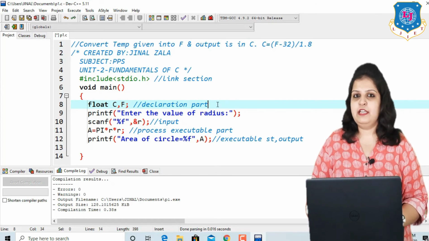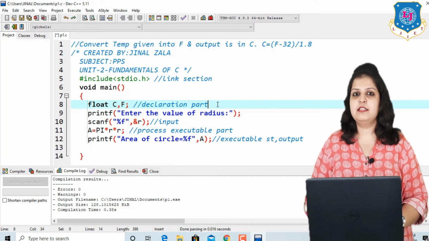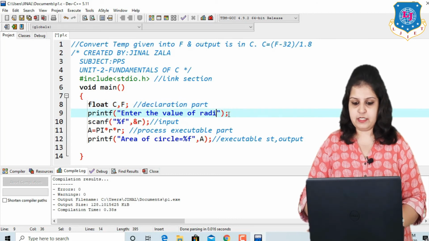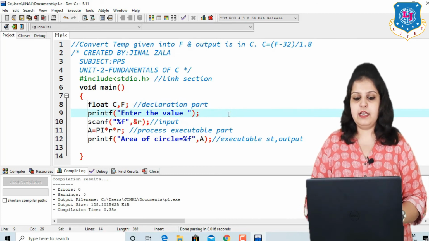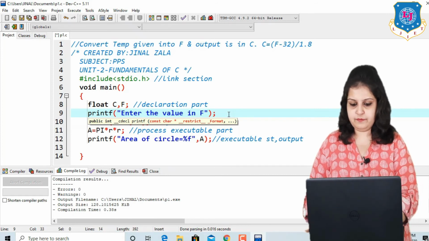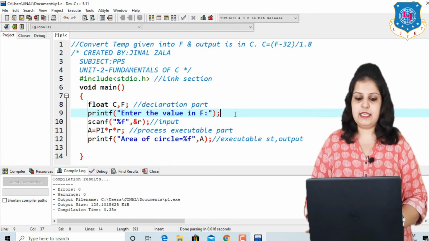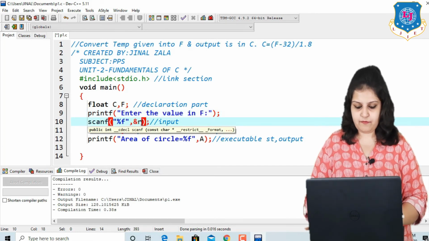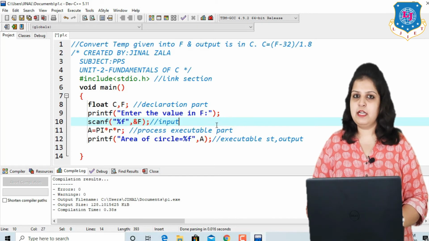Now what is our input? Our input is Fahrenheit, the temperature is in Fahrenheit. So we have to scan the value of the F variable. So here instead of radius write enter the value in Fahrenheit, and scan the value of variable F instead of R. So our input part is completed.